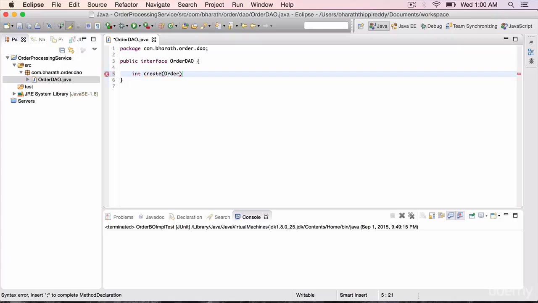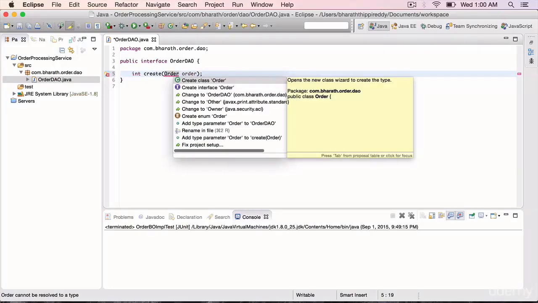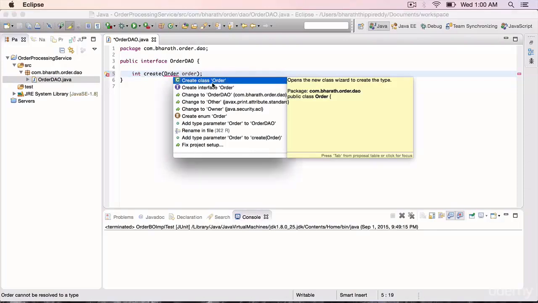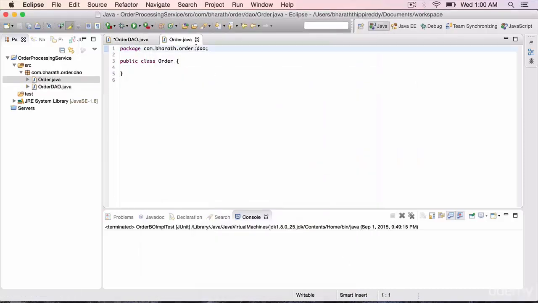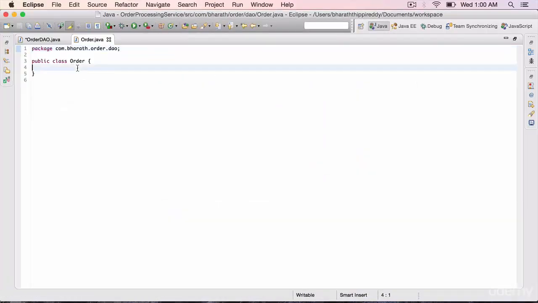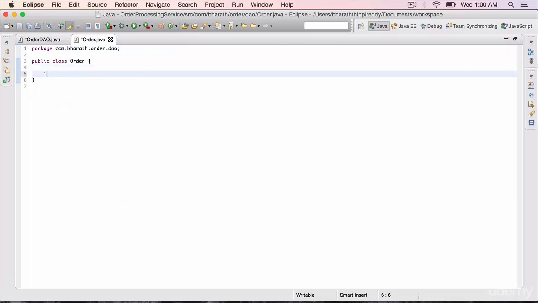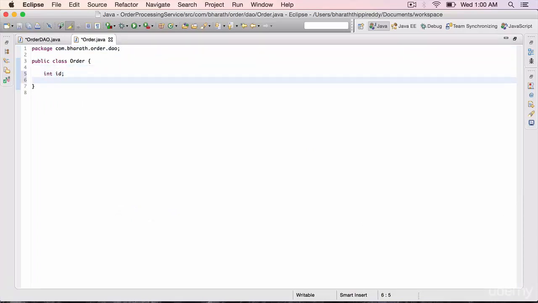It takes the order and it returns an order ID. This order class doesn't even exist yet, but let's act as if it exists. Hit Ctrl 1 to get a quick fix menu and select the first option which says create class order. Hit finish. And in this order class, we'll add 2 simple properties, int id and then a string status. To keep it simple, let's leave it with 2 properties.